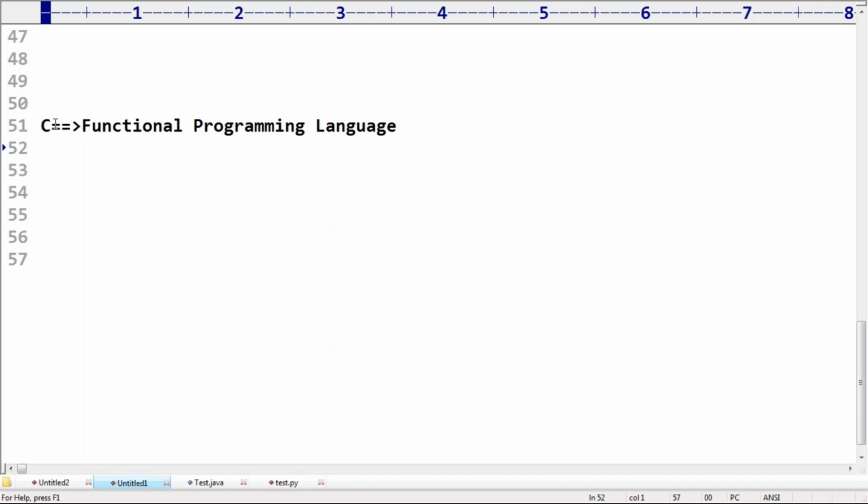And to create an object, I'm talking about C language. In C language, is it possible to create an object, to create a class? No. Then a C person will very innocently say, I know only one thing, functions. Write a function you can call any number of times. Myself is only functional programming. Everything I have to do is with respect to functions only.